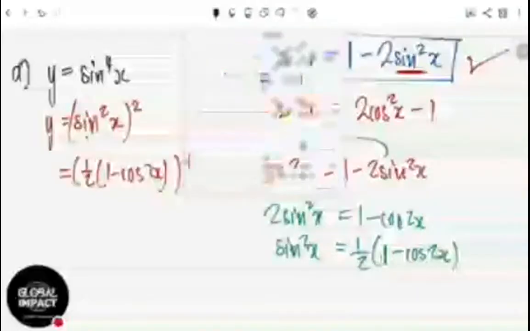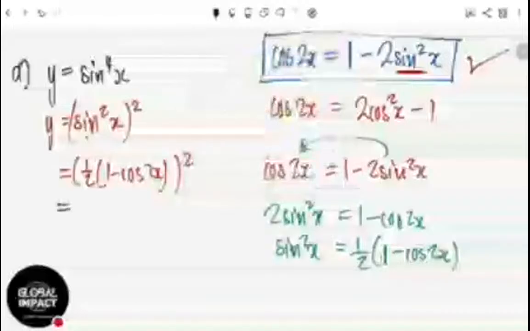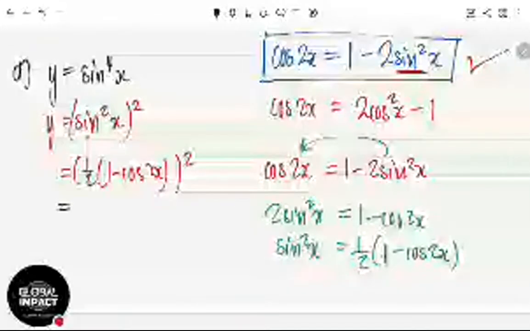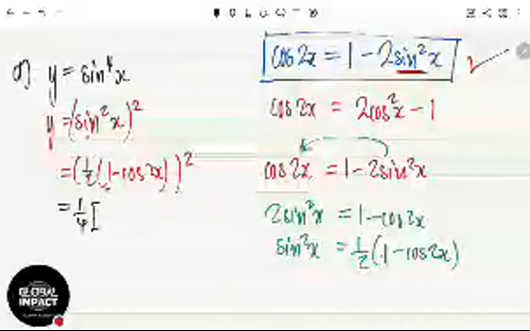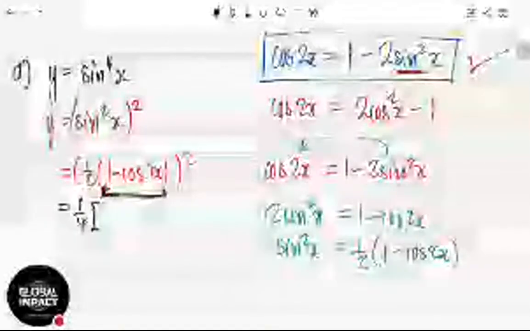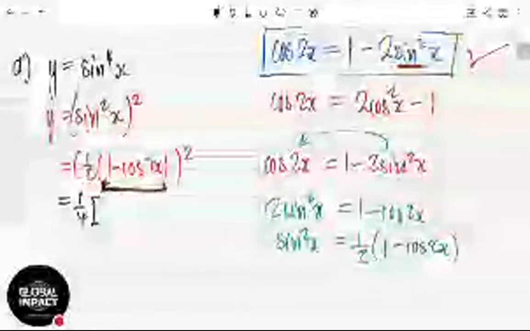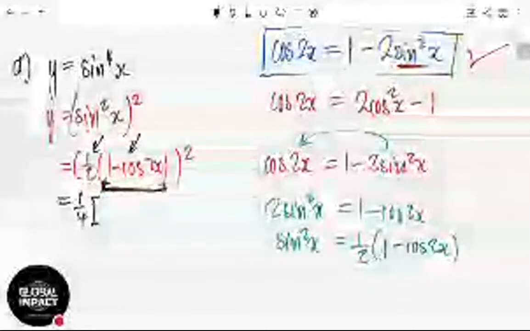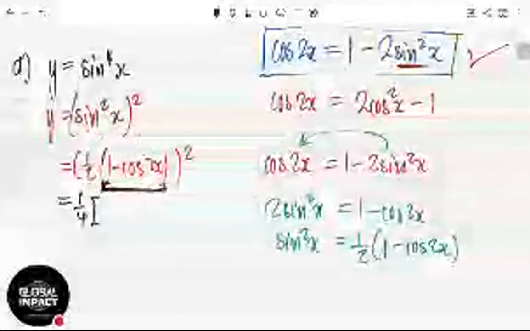So here you would have it now being, since you have this squared, can you see that you have this squared? How do you square something? Let's start by squaring 1 half. It becomes 1 over 4. Now let's square this thing, 1 minus cos 2x. We want to square this bracket, so you distribute the power of 2. That's what we did. Now we are inside here: 1 minus cos 2x. Let's square it.